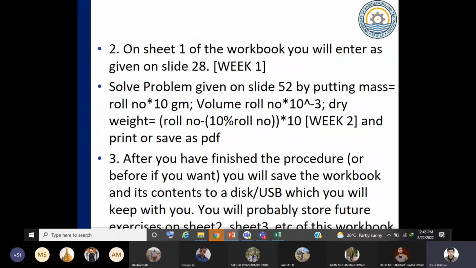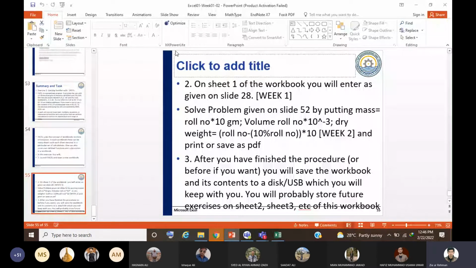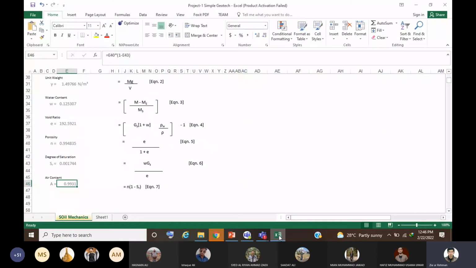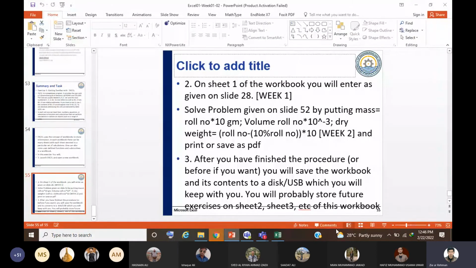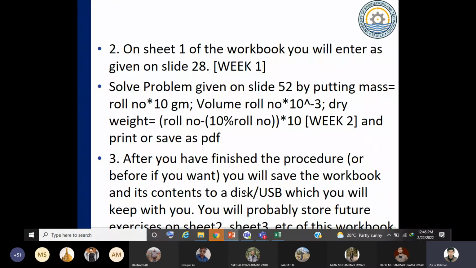Then for week two, you solve the problem that I have given for week two. I will give you all these formulas. You have to solve this problem on a second sheet and name it lab assignment 2.